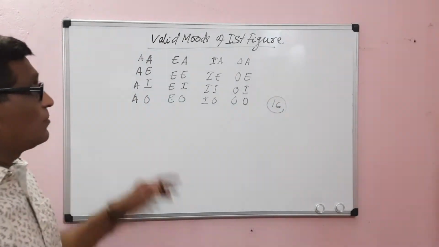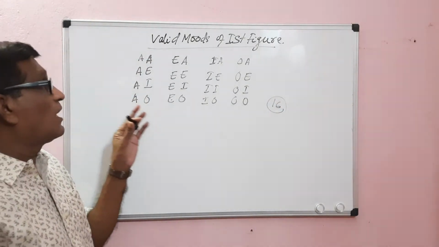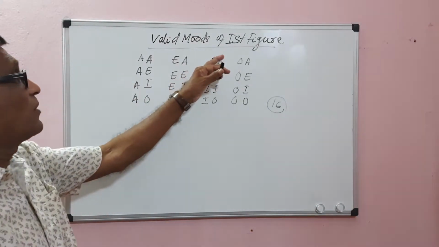And out of the 16 possible moods, we have to test how many are valid and how many are invalid